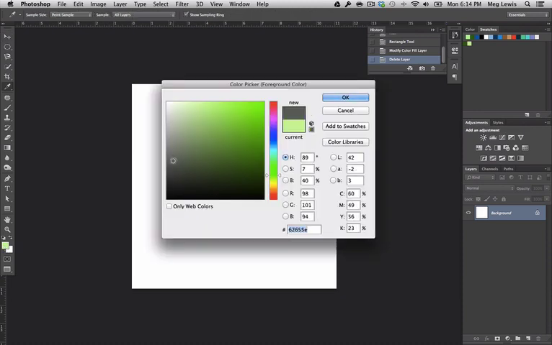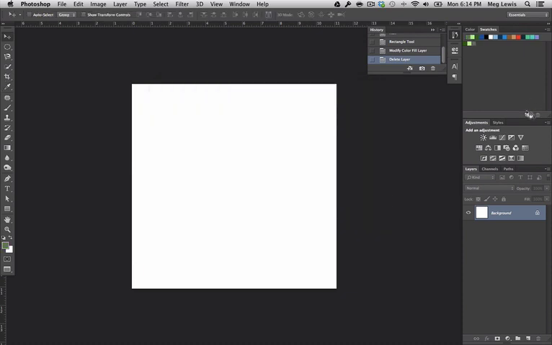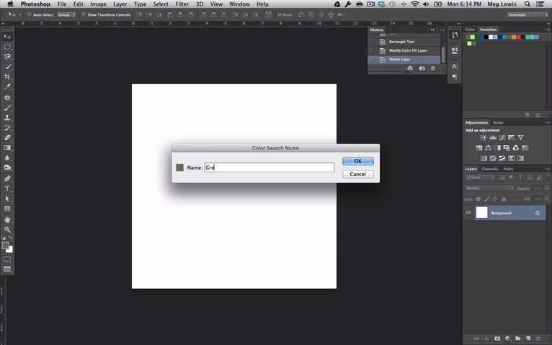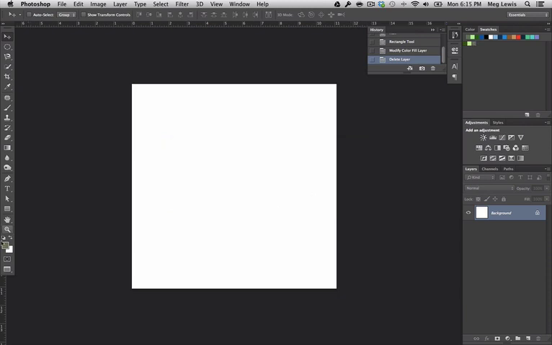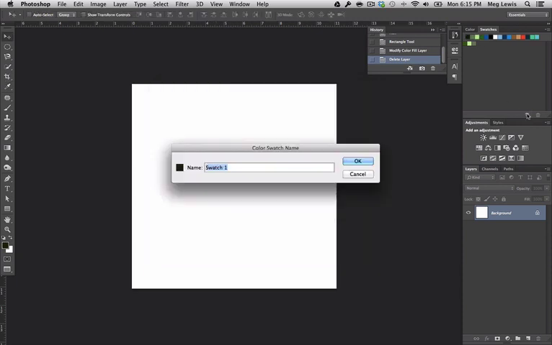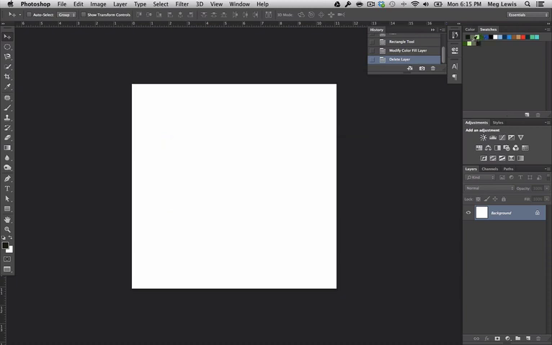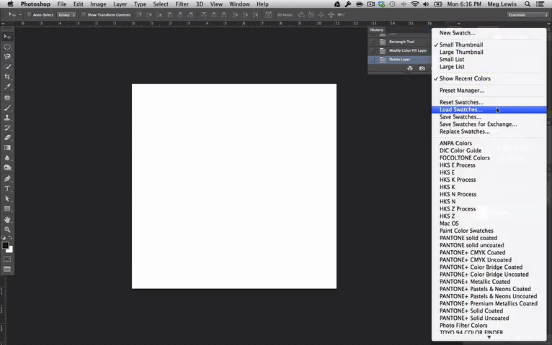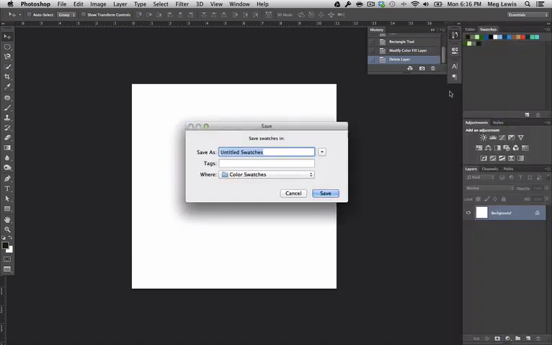Their next color is a grayish green, for instance. Okay, save this, call it, oops, sorry, I didn't call it anything. Call it Gray Green. And one last color, let's do a very deep dark green. Save it here, call it Dark Green. Great, okay, so we have our 4 colors for our color scheme here. So if I wanted to save it and refer back to it later, there's a couple things I can do. I can go up here to this little menu icon and click on it and do Save Swatches. And we just need to give it a name. So we'll call this Green Color Palette